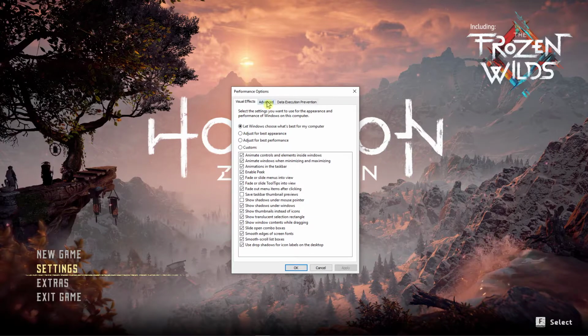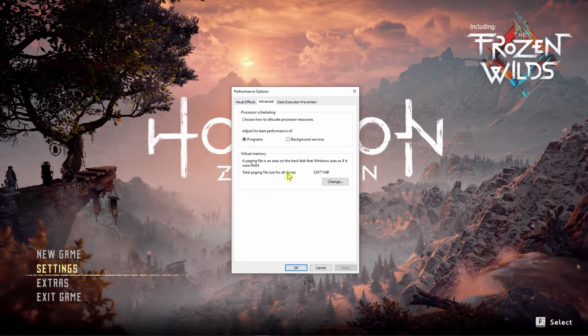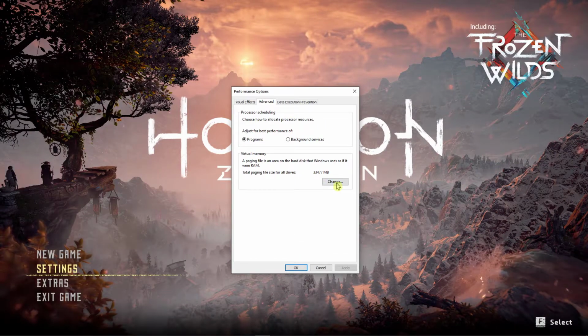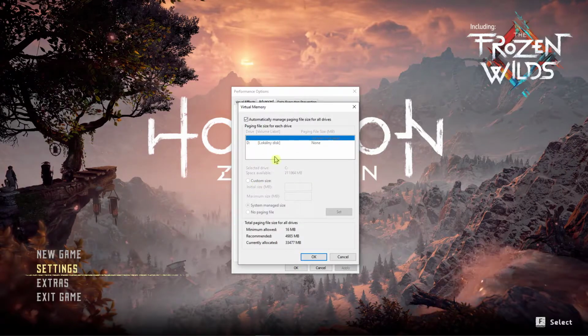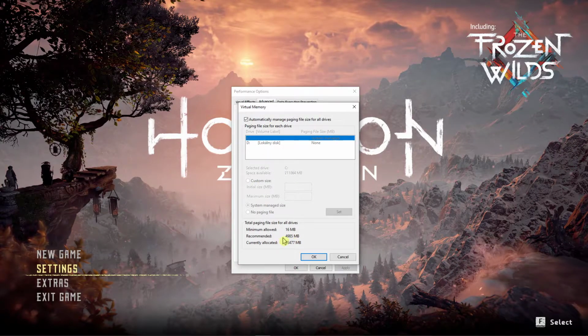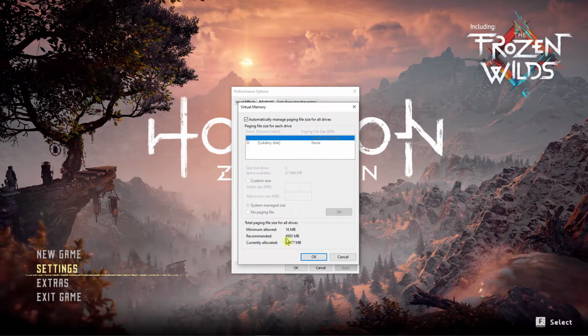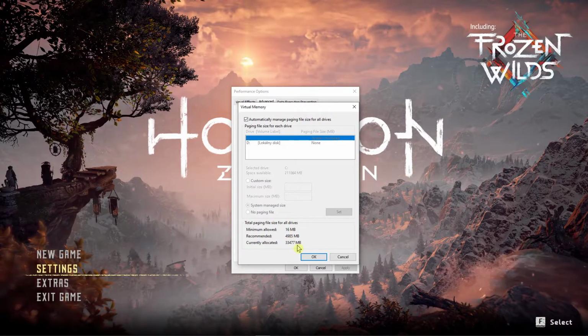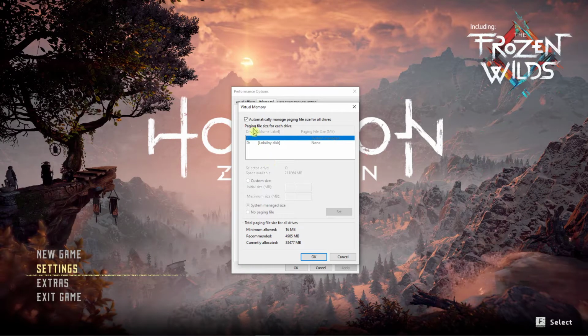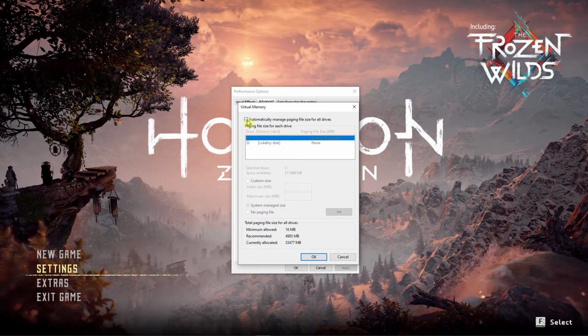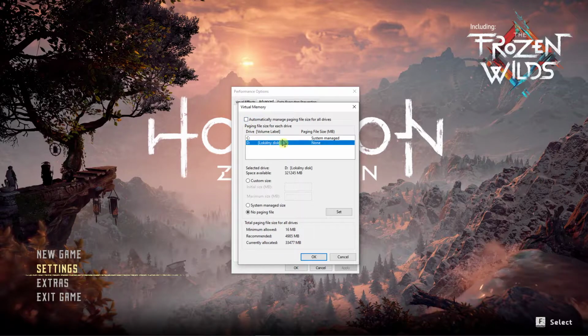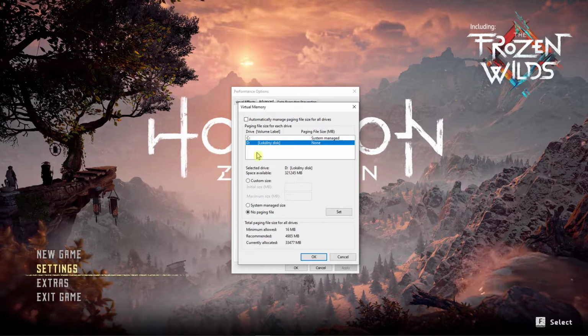Right here you want to click on Advanced. In Advanced you want to click here on Change in virtual memory. Now if you see it here, okay, this is recommended and this is currently allocated. If you see that recommended is higher than currently allocated, what you need to do is unclick the automatically manage paging file size of all drivers and choose where the game is installed